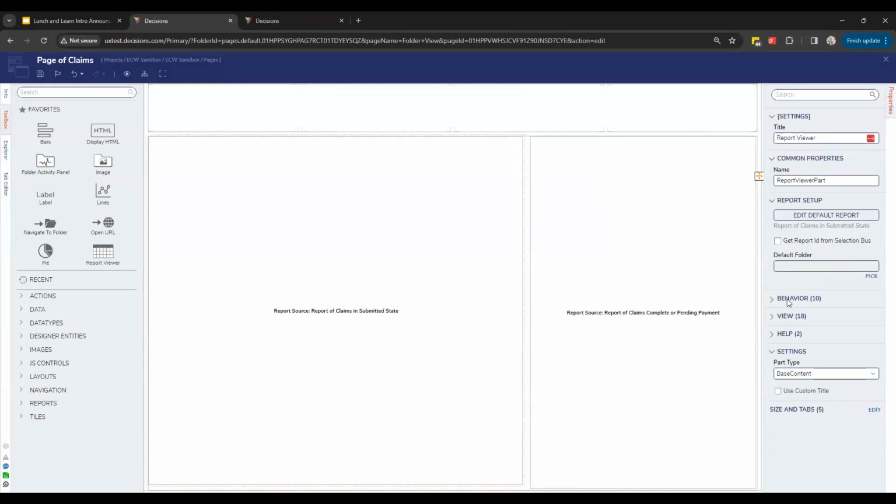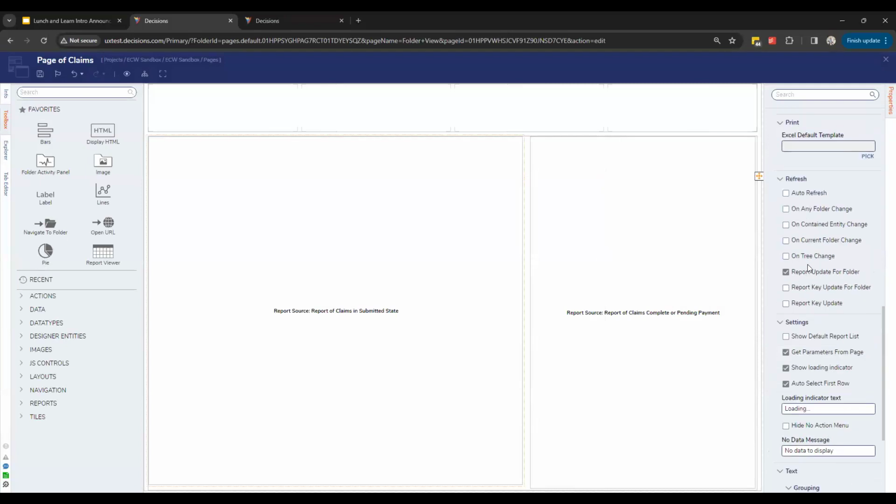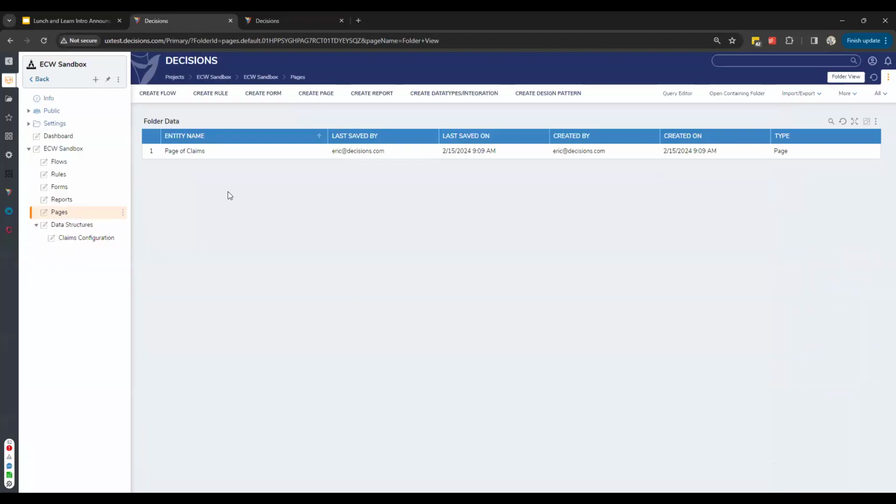So there's under, is it behavior review? I always get this mixed up. It is under behavior. I can set up what my refresh criteria is, like if one of my contained things changes or someone sends data over or a trigger over to do those things. But that hopefully answers the first part of your question, right?